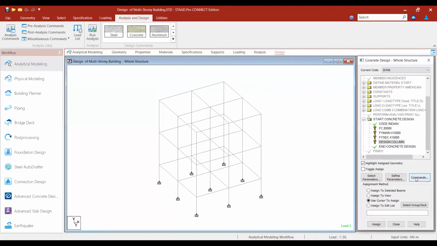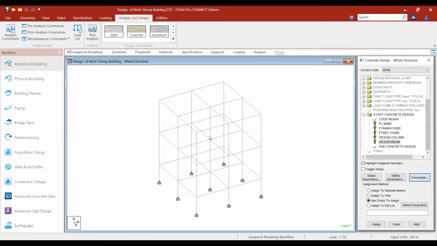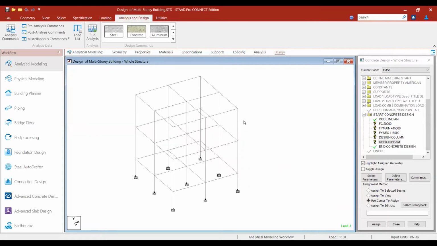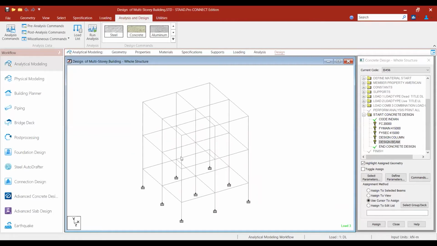Next are beams, so add. For slab, you will design it manually. You will not design the slab in STAAD. Directly, manually, you will design according to whether it is a one-way slab or two-way slab.